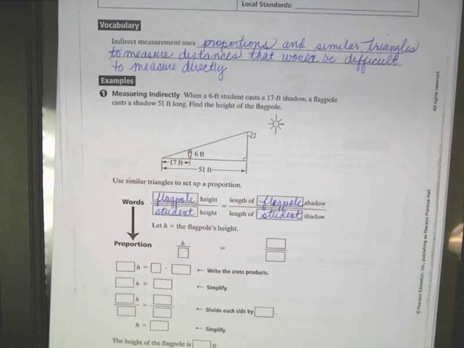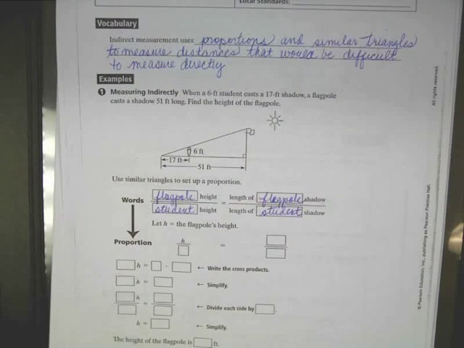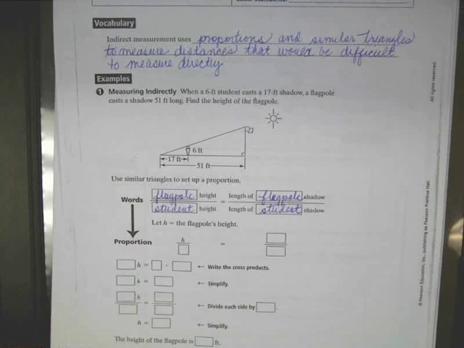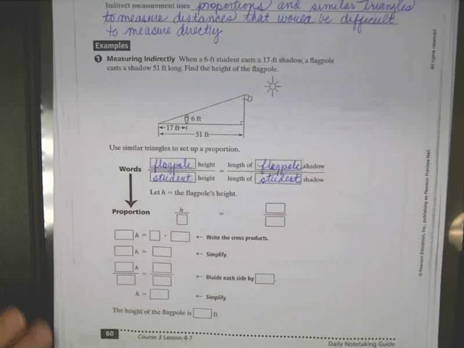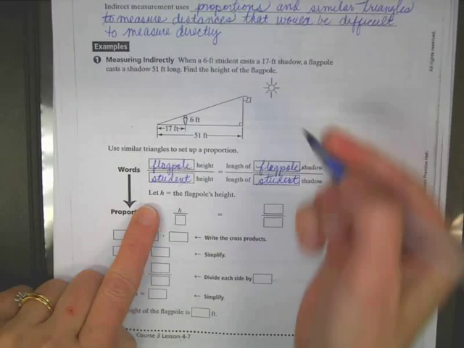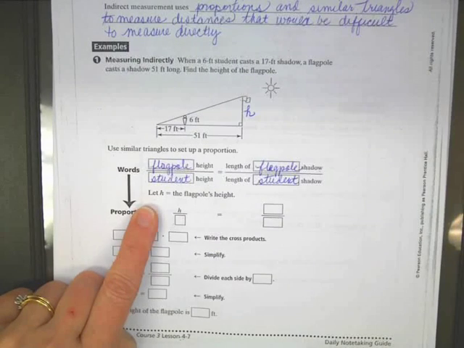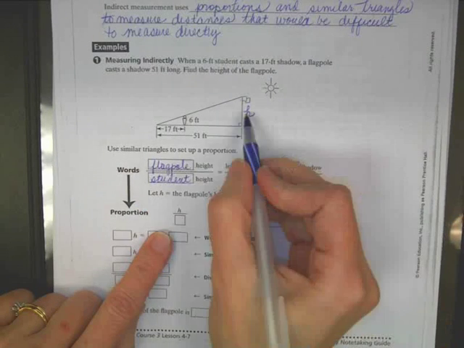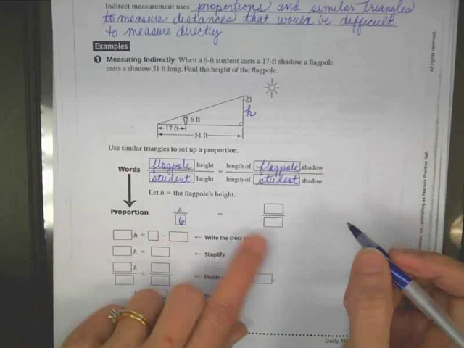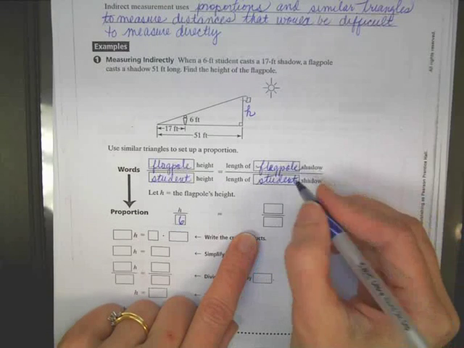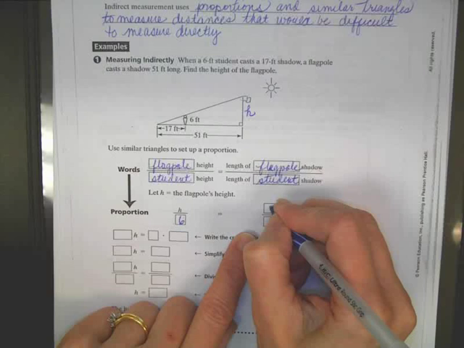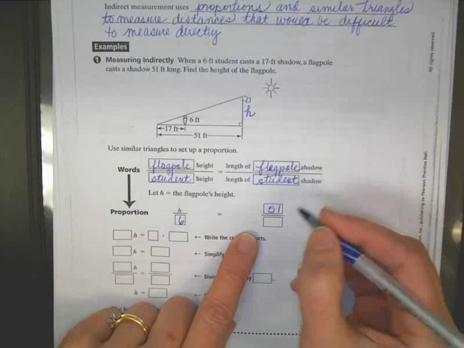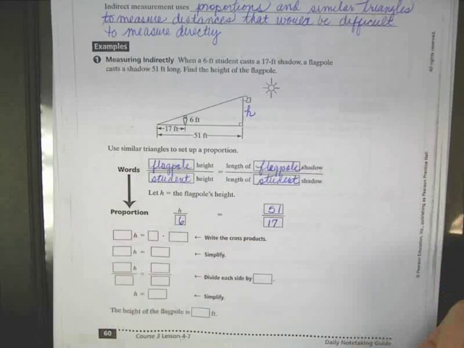Now, I will tell you that this is not the absolute only way to do it. It's pretty logical, though. There's a couple of different ways to do it. Certainly, if you want to explore those in class, we can. Right now, we're going to follow the format set up in our note packet. So we're going to let h equal the height of the flagpole. So the height of the flagpole to the height of the student, which is 6 feet tall, is equal to the length of the shadow of the flagpole, so that's 51, and the shadow of the student is